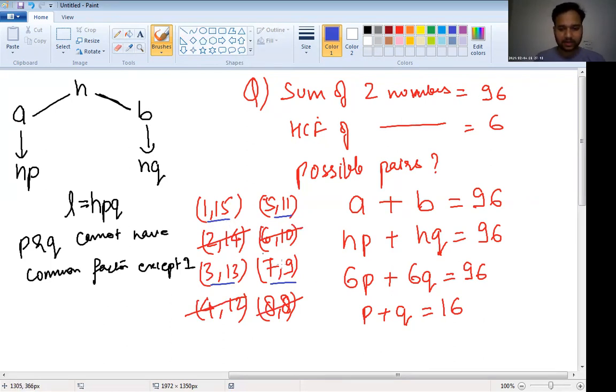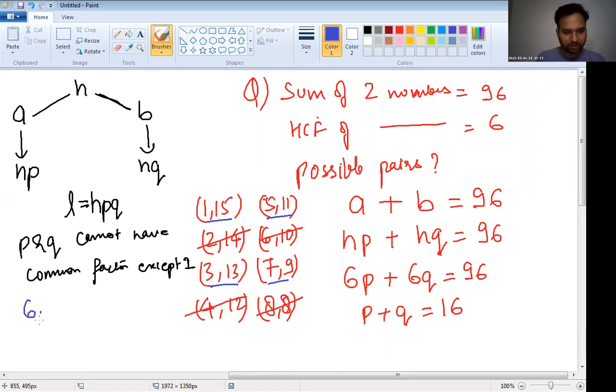फाइनल आंसर कैसे आएगा? देखिए, फाइनल आंसर पे इसलिए नहीं पहुंचे हैं क्योंकि हमने जो वैल्यूज एक्सट्रैक्ट की हैं, वो हैं P और Q के करस्पॉन्डिंग। लेकिन जो हमने दो नंबर्स अज्यूम किए थे, जिनका सम 96 है और HCF 6 है, वो हमने अज्यूम किए थे A और B, राइट। तो अगर ये सब P और Q की वैल्यूज हैं, तो इनसे मुझे A और B की वैल्यूज चाहिए, करेक्ट। तो कैसे मिलेंगी? ये मिलेंगी 6 से मल्टीप्लाई करके, करेक्ट।